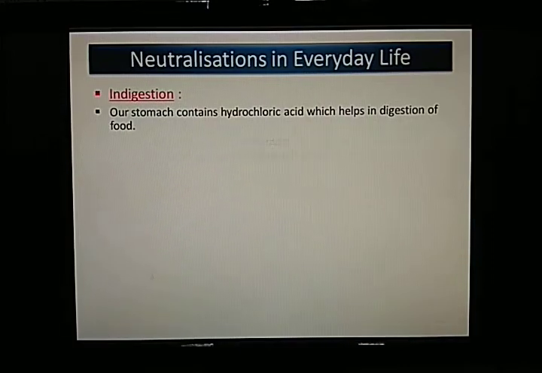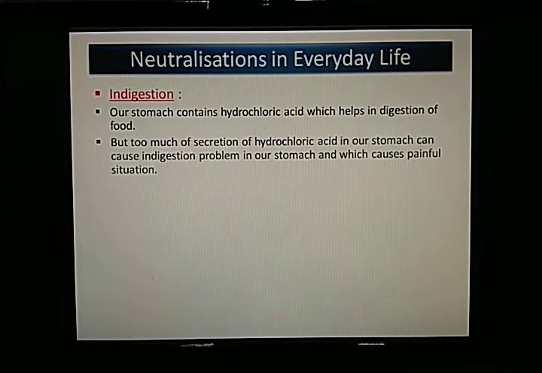But what if this secretion of hydrochloric acid becomes more in our stomach? Then it causes some problem in our stomach. It causes pain in our stomach. So why does this happen? This is due to indigestion, or you can say due to a high amount of hydrochloric acid. We say that acidity. So in that case, how this neutralization reaction can help is that since that is an